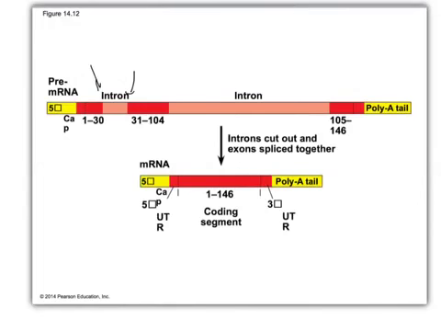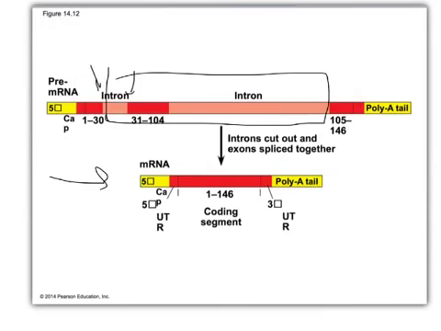All right? And say this is the ideal, right? I want coding segment 1 to 146 that gives me a complete protein. But what if I spliced this whole part out? So I end up with an RNA or coding segment that is 1 to 30, and then 105 to 146. I leave out that 31 to 104. Is that the same protein that's going to be produced? No. Is that protein going to have the same function? No. All right? So alternative splicing